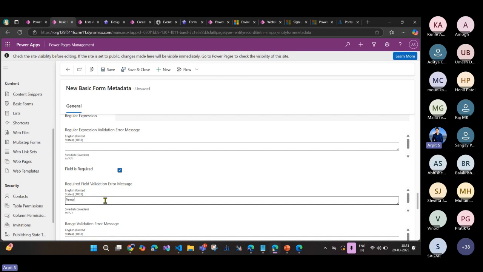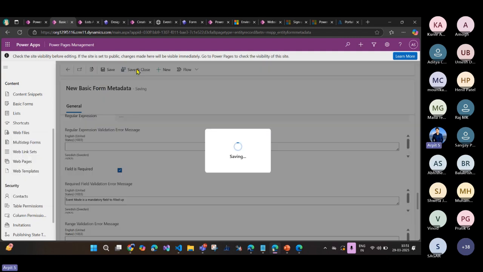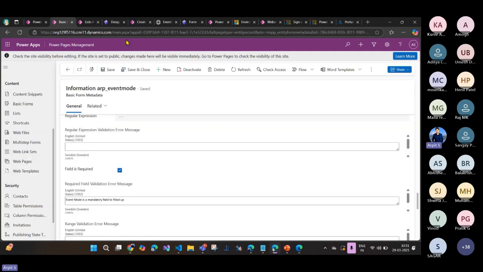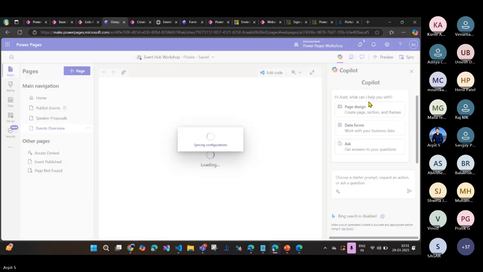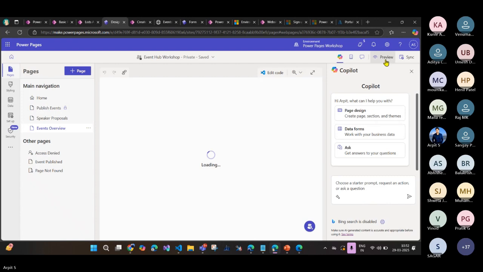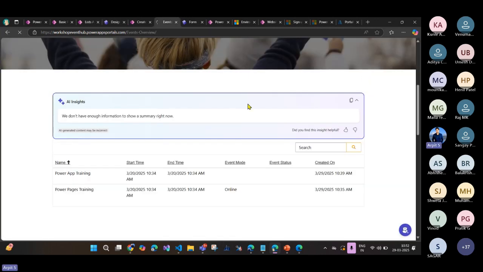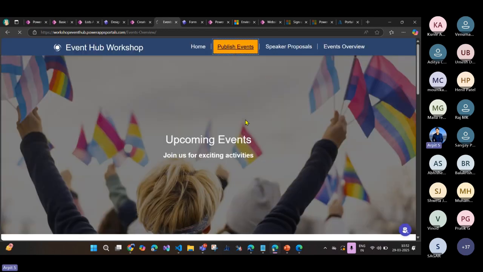Okay, and here you can provide the message as well. For example, please fill event mode, or event mode is a mandatory field to fill, like this. Okay, and then save and close. Now if I go to the Design Studio and hit sync, and if you go to the preview, and if I go to the publish event,